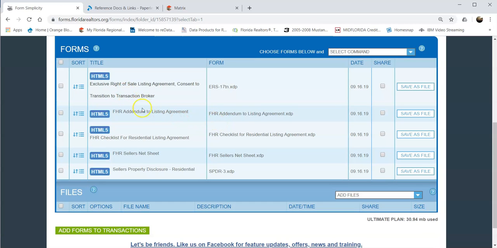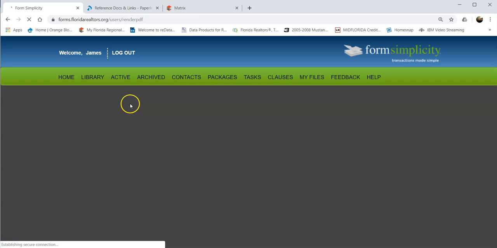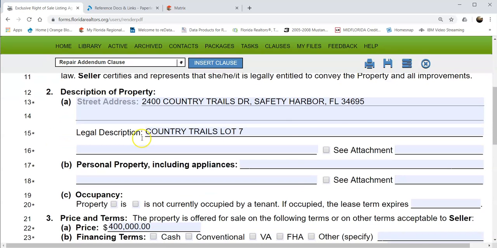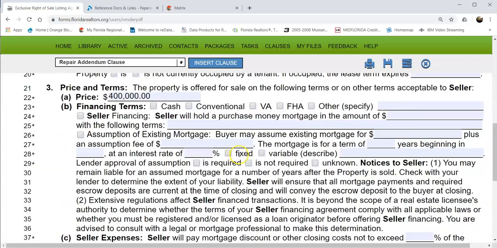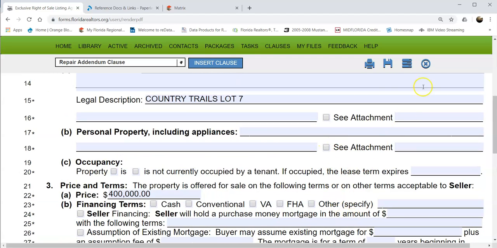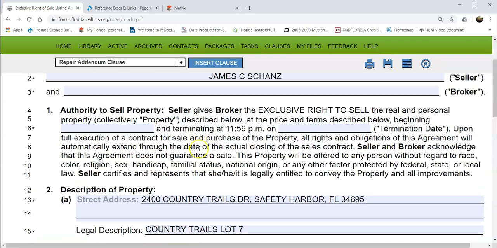And what's cool is it's going to add that to these forms. So if I open this, there's not going to be a lot, but it's going to autofill at least where it needs to. So it's going to have all this stuff in here with the legal description, the street address, the seller's name, all that kind of stuff. And then when I put in the sale price, it auto-filled as well. So now I just go through and fill all this stuff out. And whenever I'm done with something, I just hit save. So if I add in the broker, I can just hit save as an example, and that will save. And then when I close it,